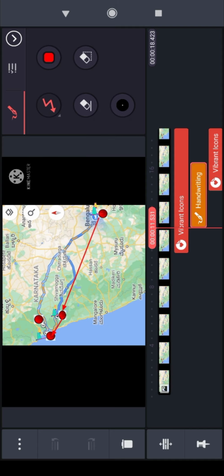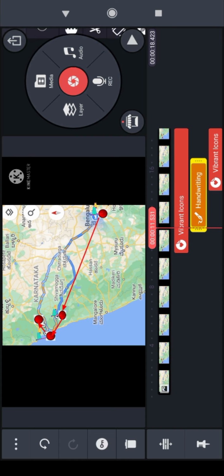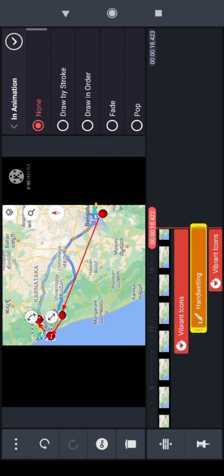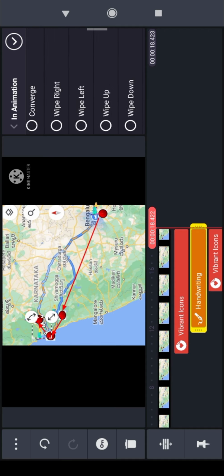Oh, it's too small, but what to do? I don't have a system. Okay, I just clicked OK, and I will drag this handwriting till the end, go to the in animation, and wipe left. Oh, sorry, for this wipe right, because the direction changed.